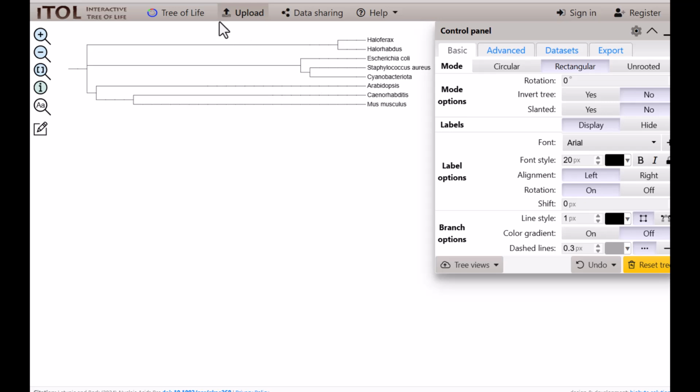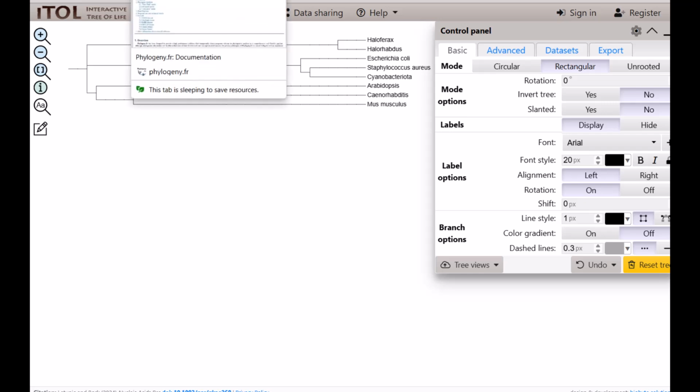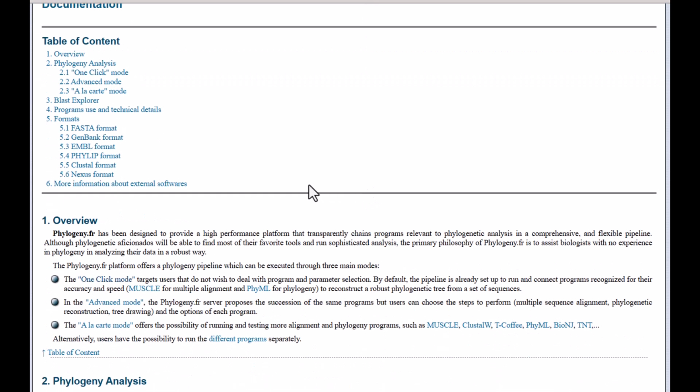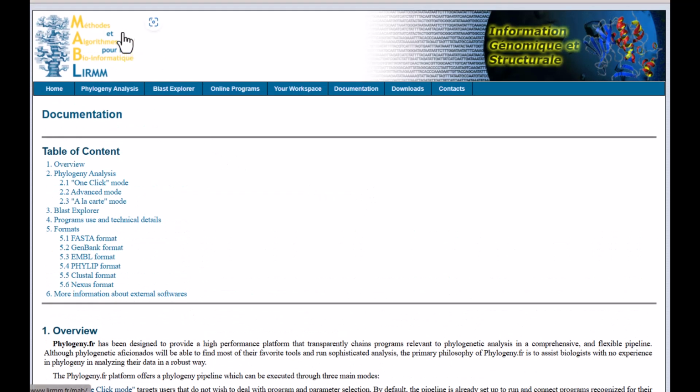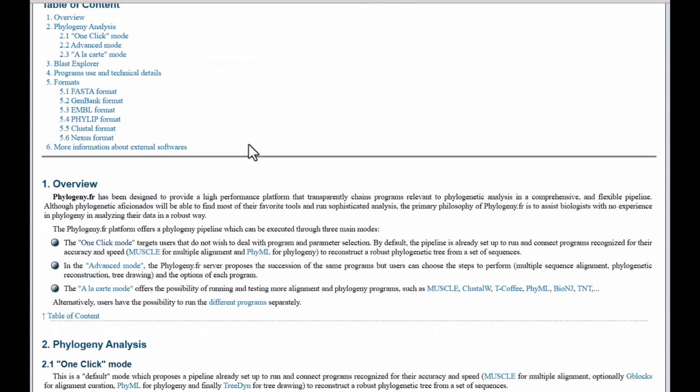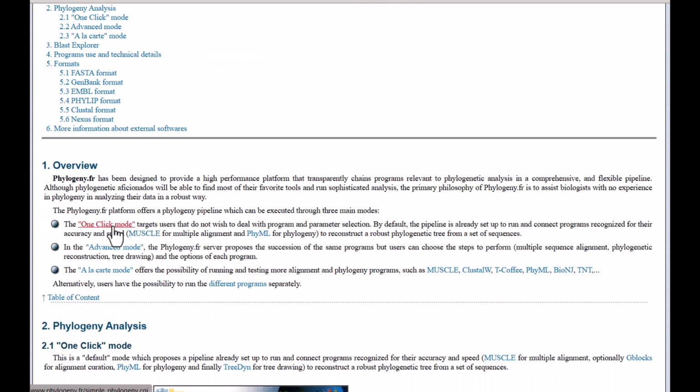Let's look at a couple of other methods of how to do a phylogenetic tree. And these ones are based on 16S sequences. Again, this one is phylogeny.fr, and we are going into the regular one-click mode, which is a simple pathway, and we're just using